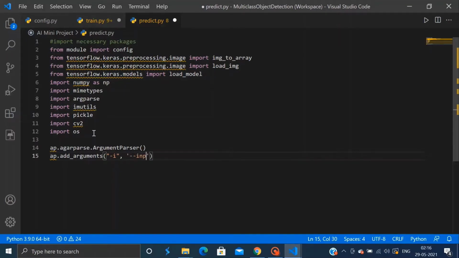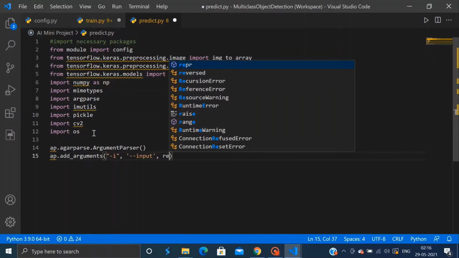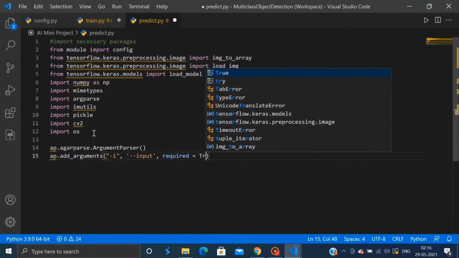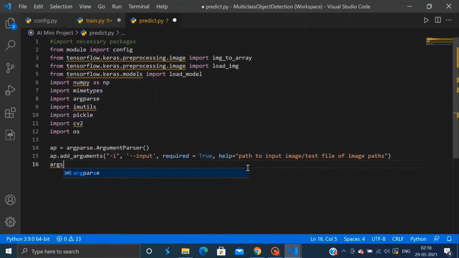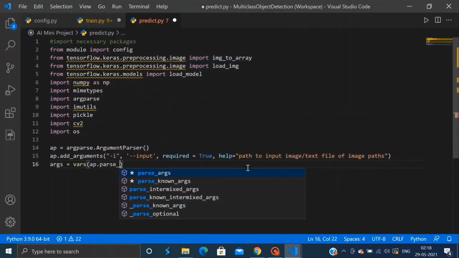So I will just construct the argument parser, and then finally I will parse the arguments. So args is equal to ap.parse_args.